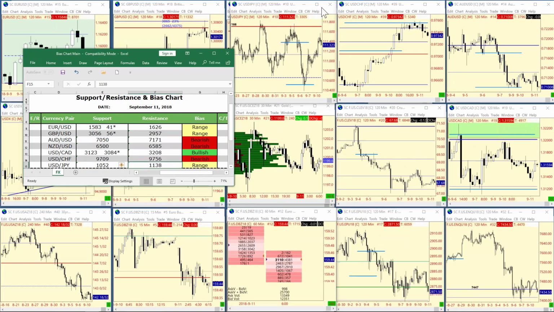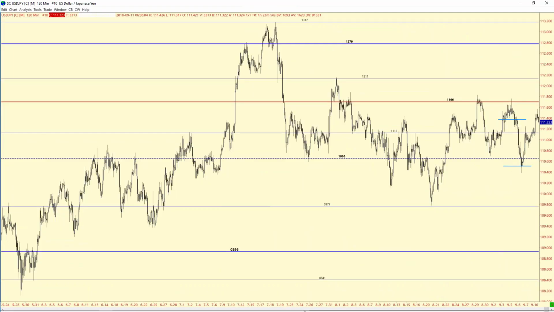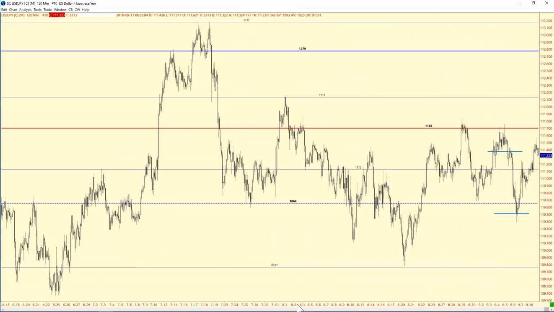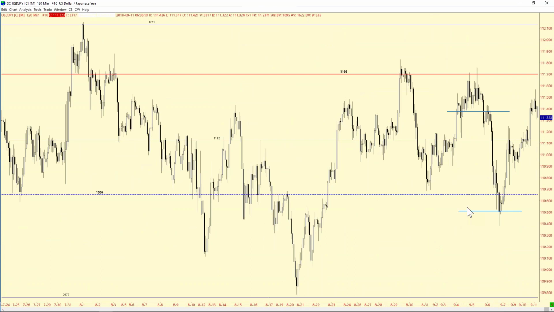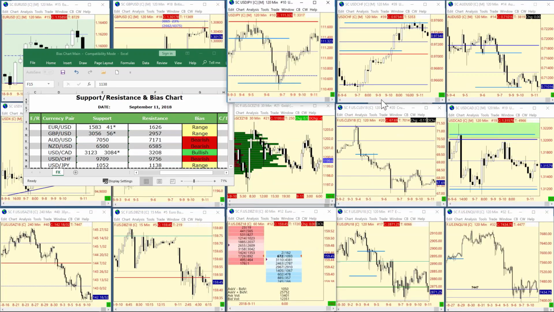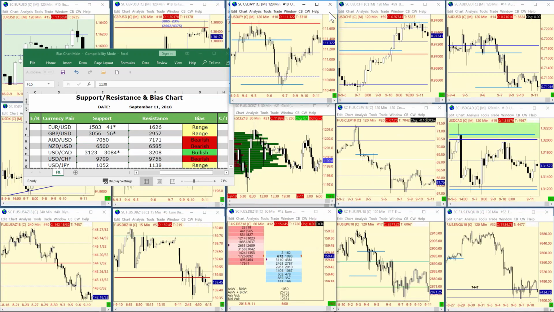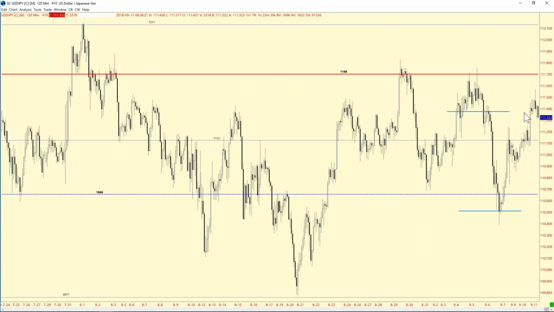Here's another one that just leaves you with your head scratcher. It does for me. Tricky. Yesterday we had support, I mean resistance, at 1138 right here. The market made it up here to this 1138. We're right now at 1132, so just a hair below resistance.